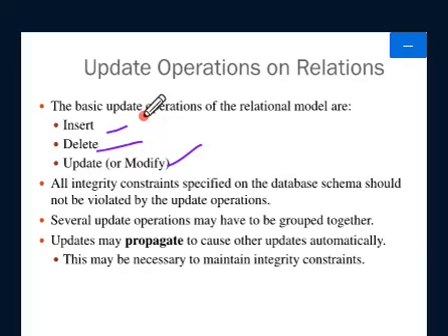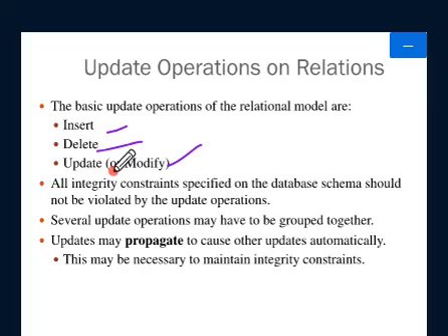Once again, update operation does not mean only the update command. Here I am talking with respect to the relational model concept, which has three update operations: insert, delete and update.